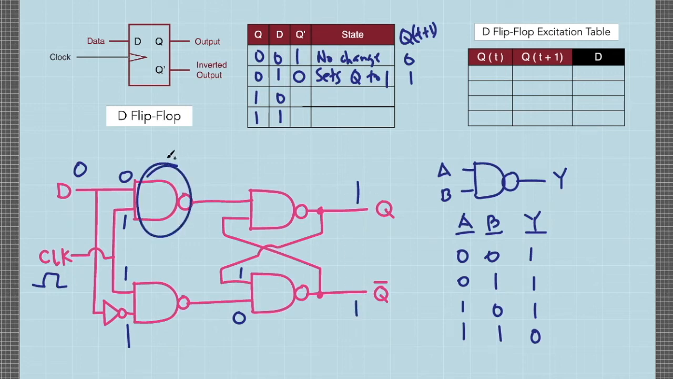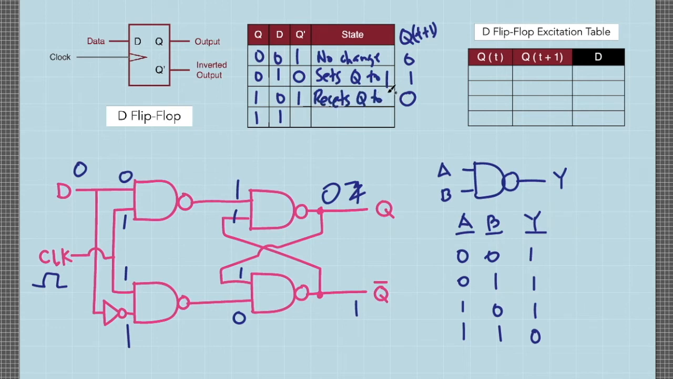And for this NAND gate, we have 0 and 1. This will result to an output of 1. And since this is 1, 1 and 1 will result to an output of 0. So the new output of Q after one clock pulse is 0. Let me write it here. And the value of Q bar or the inverted output is 1. So it seems that for this case, where initially the value of Q is 1 but you supply the data signal with logic 0, it changes the value of Q to 0. Hence, for this case, this resets the value of Q